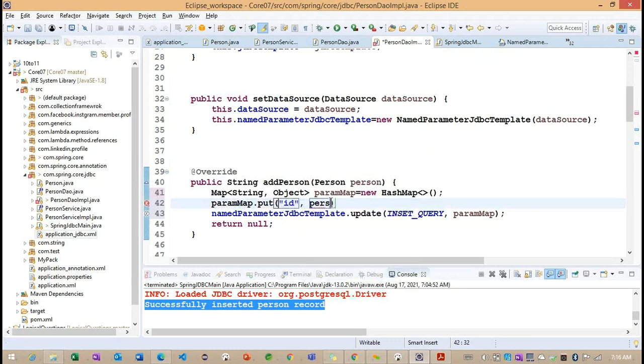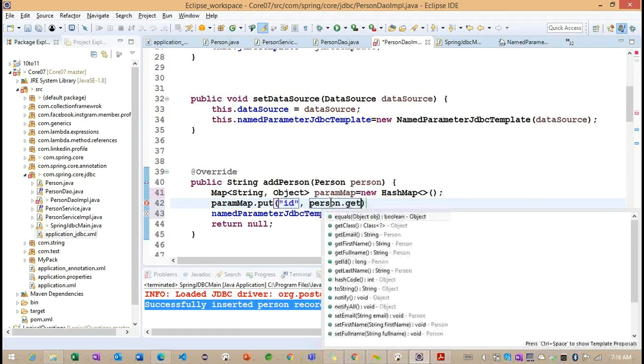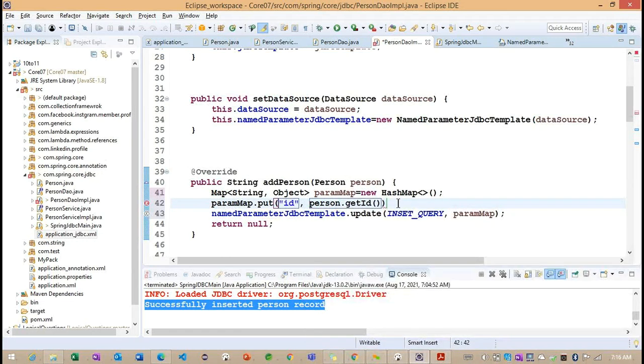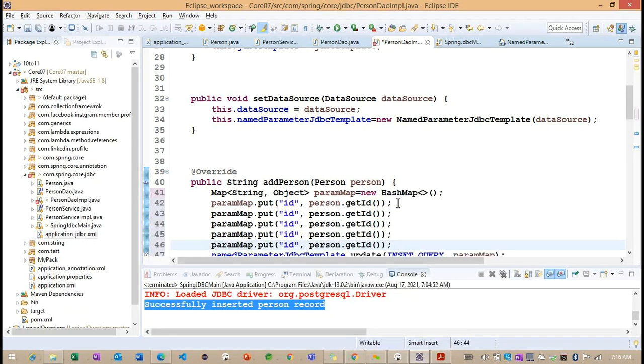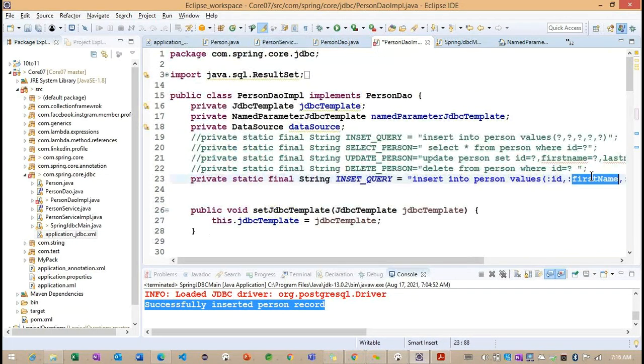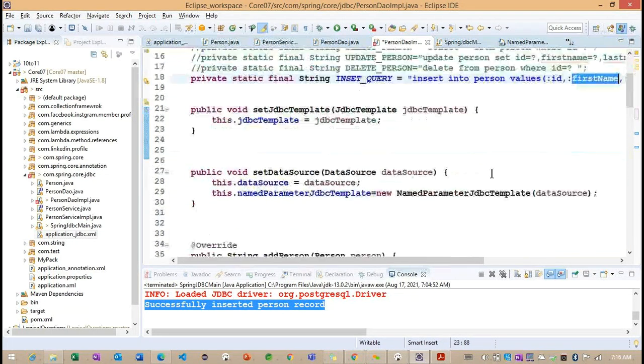And for the value, what I'm doing here is person dot get ID. And for first name, last name, full name, and email, these are the values we need to add here.